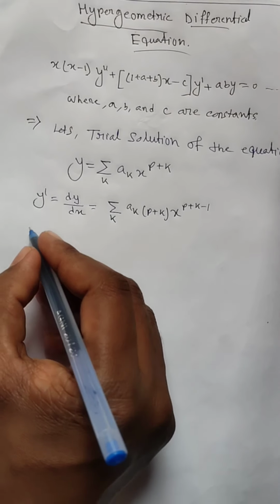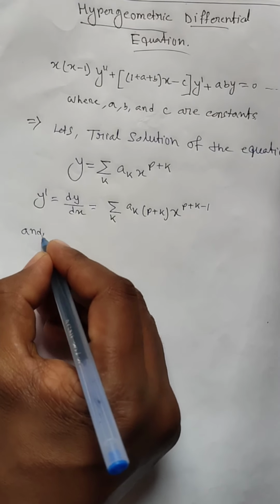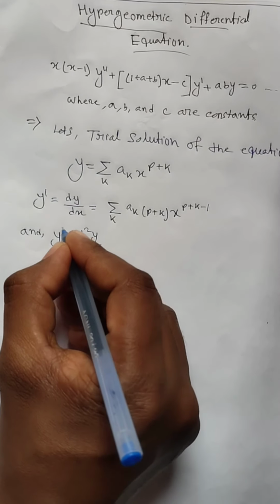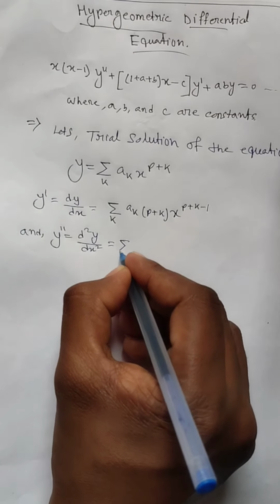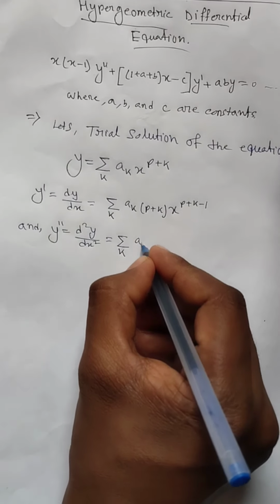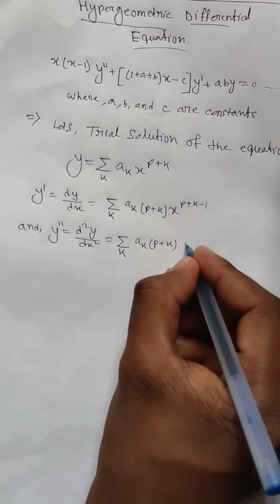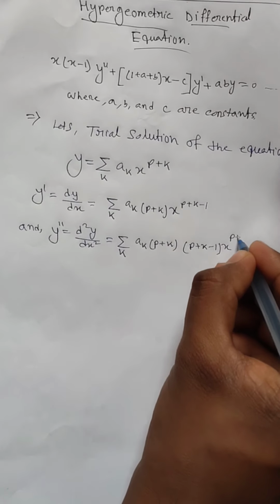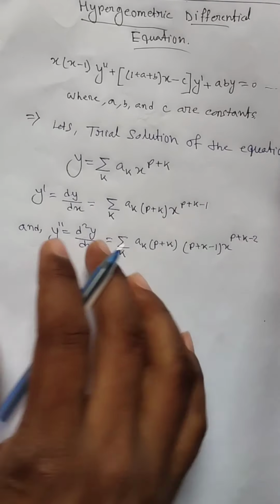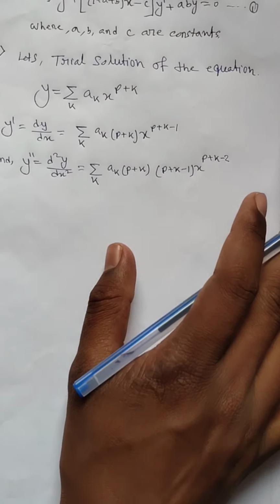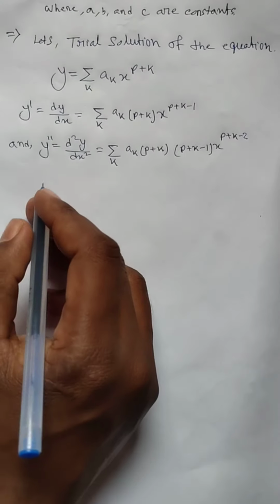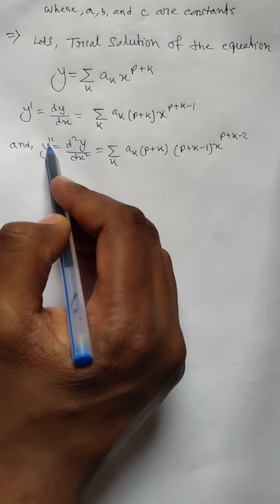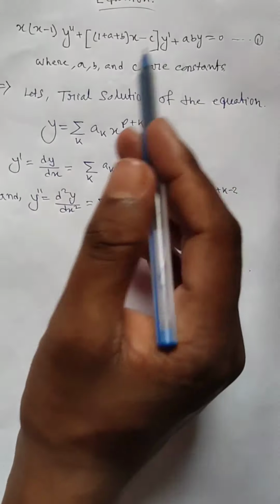And if we take the second derivative of y with respect to x, then we get d2y/dx2, the double prime, equal to the summation over k of a_k (p plus k)(p plus k minus 1) x to the power p plus k minus 2. Now if we plug these values of y prime and y double prime in equation 1, then we get